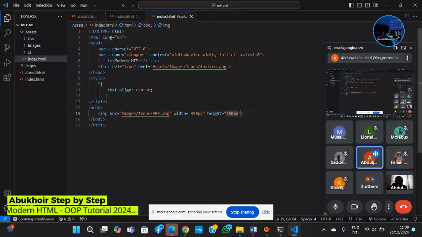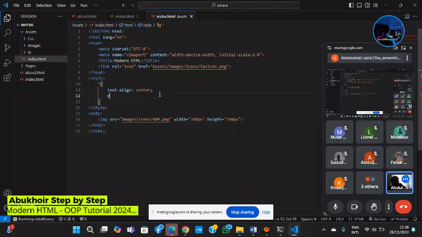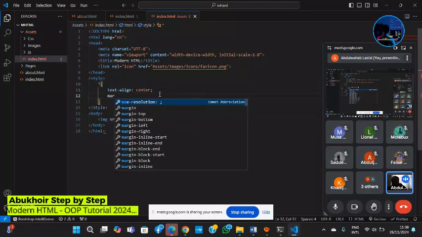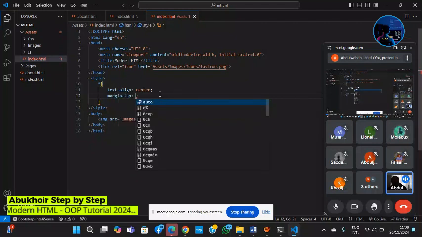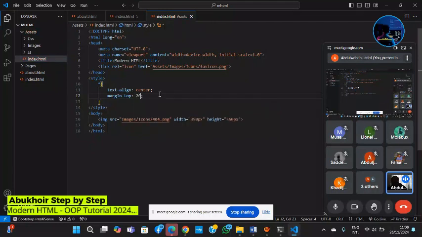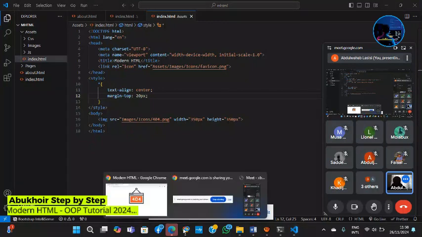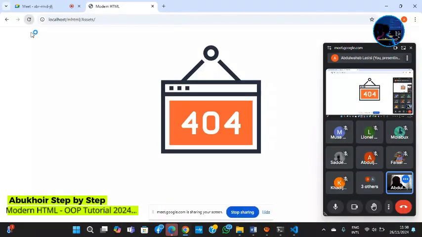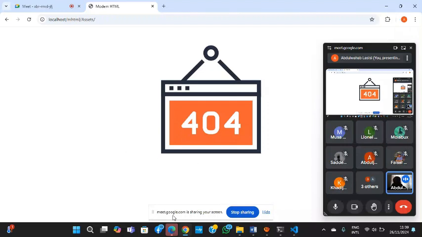Okay. Then now I want to give it a margin from the top, a margin top. Don't worry if you don't understand text align. Once we go into CSS, I'm going to break everything down. What we are doing now is setting up our page. So I'm going to give it a margin top of like 20px so that it will be a bit far away and give a space from the heading. So 404, now I'm having my error page. So now what I want to do is